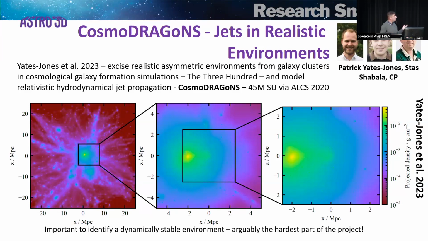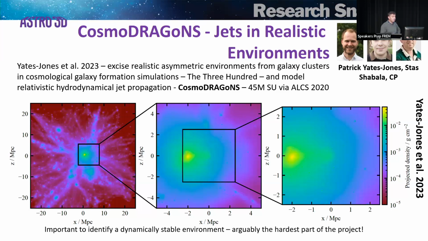So we do try and model jets within cosmological simulations, and I should get that right because Lars is sitting in front of me. But the point is that when we model jets within a cosmological simulation, we're doing it in a very crude way, in approximation. So what we try to do here is take results from a cosmological simulation from the 300, which was a galaxy cluster, and see what happens when we let a jet propagate within the system.